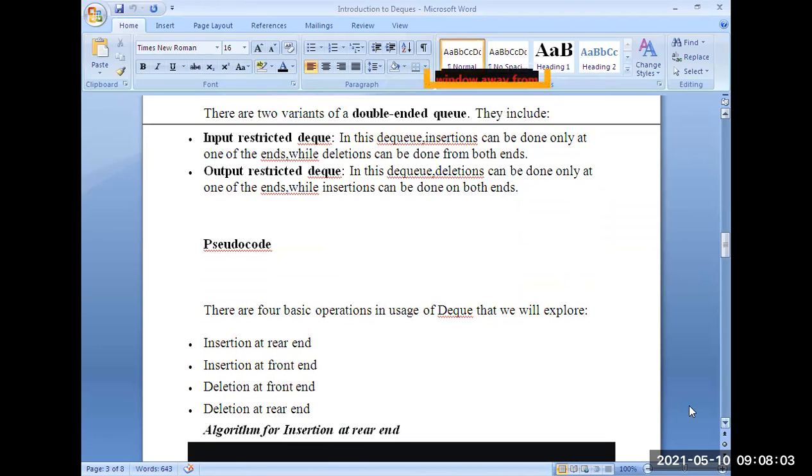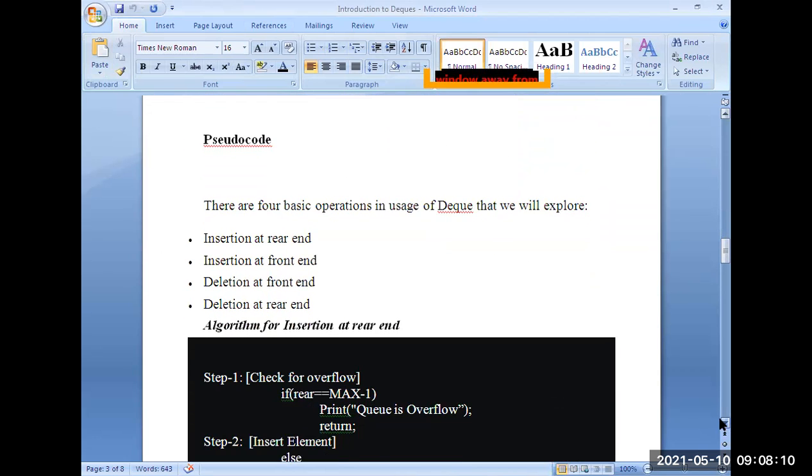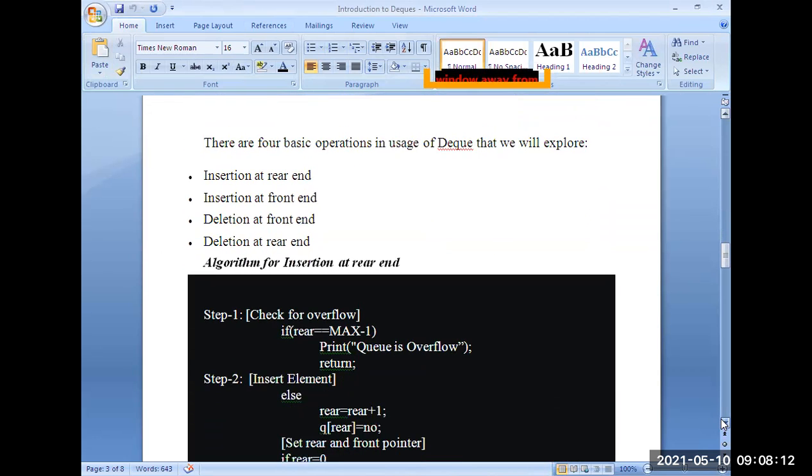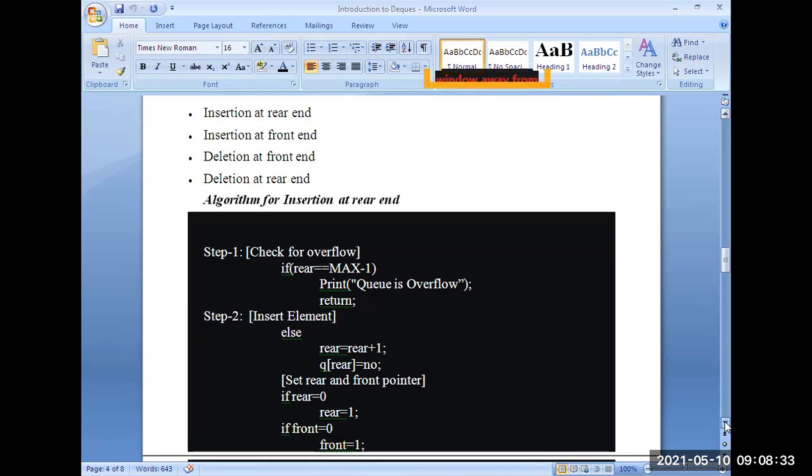So if you want to insert at the rear end or front end, we have to check whether the queue is full or not. If the queue is full, we cannot insert items into the queue. Here, this is the logic for insertion at rear end.